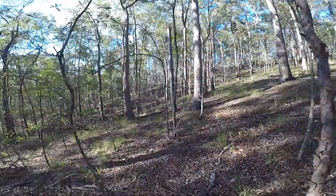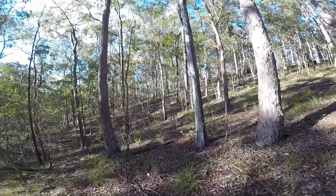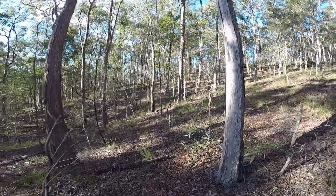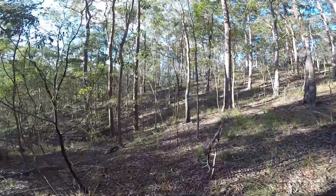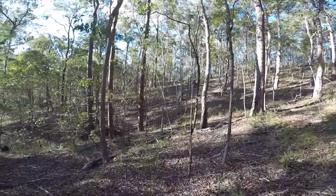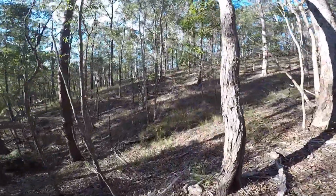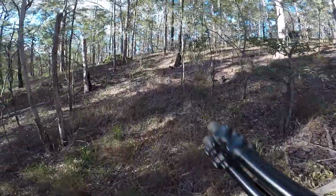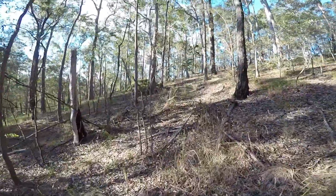So, what I'm doing here, technical term, is called contouring. Rather than going up the hill, I'm just trying to follow the level. So I'm just going in and out, basically following what would be on the map a contour line. It just saves too much up and down, and because I'm heading this way anyway, I could go up the hill a bit, and